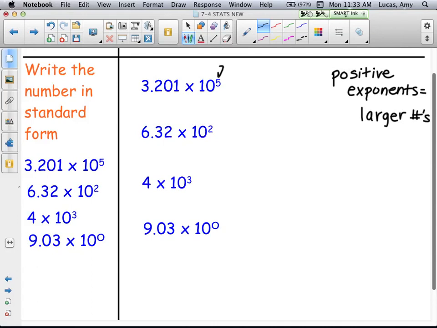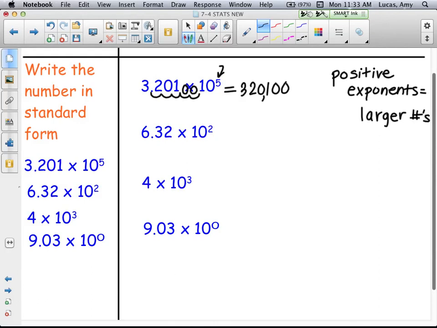So 5 places to the right would be 1, 2, 3, 4, 5. I'm going to have to add in 2 zeros here to finish off the number. So I have 3, 2, 0, 1, and then 2 more zeros. So my number would be